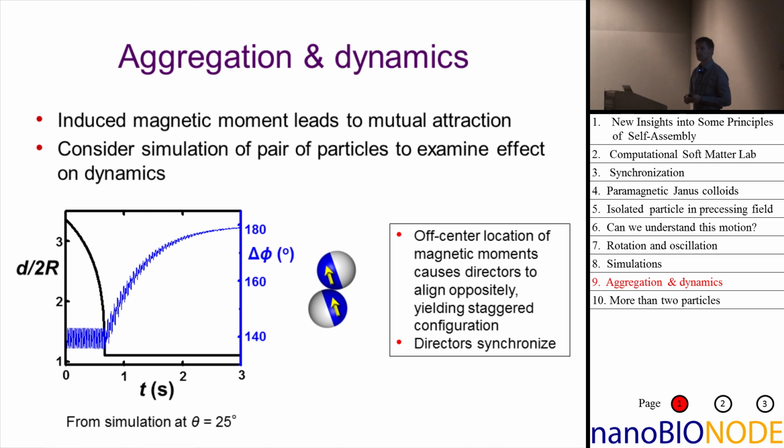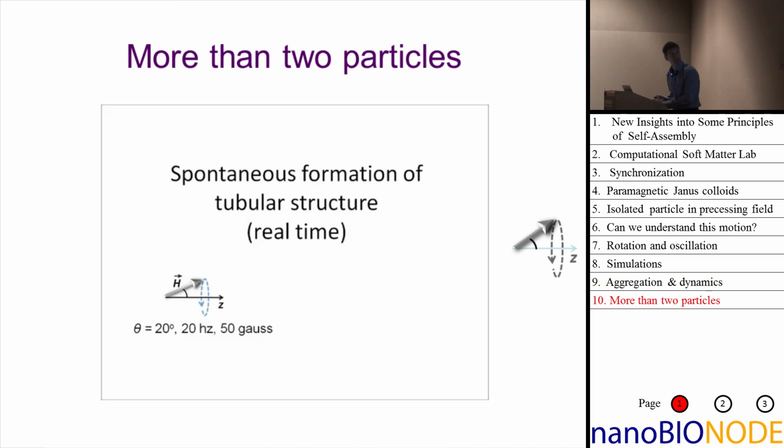So now what would happen if you would increase the density and not just have particle pairs, but actually entire groups of particles? It's quite surprising, and I think it's nicely illustrated in this movie. So this is almost real time. The system had been developing here for maybe only a couple of minutes, and you see the particles have aligned in these zigzag chains, but then these zigzag chains start to interact with each other.